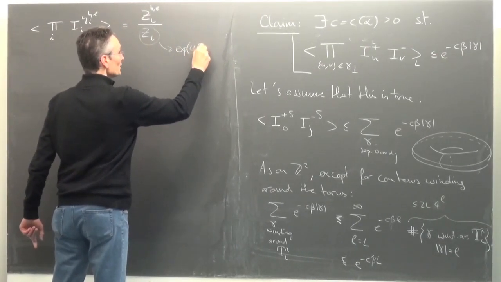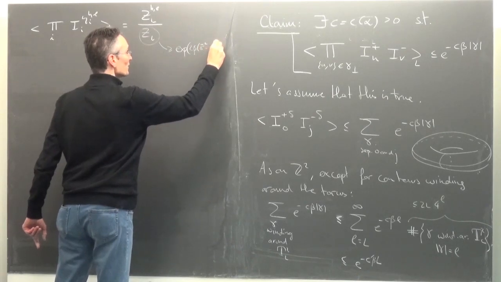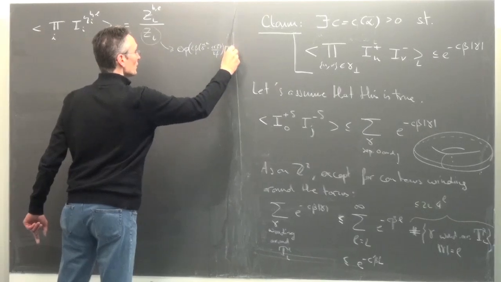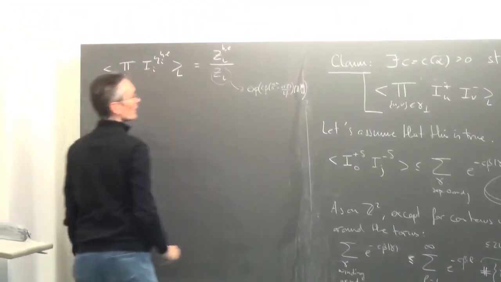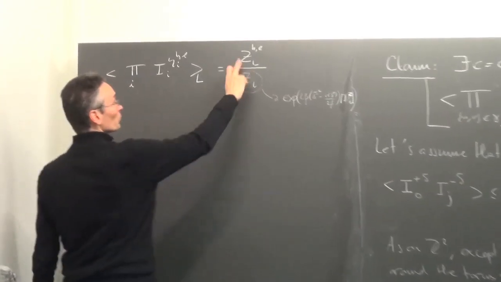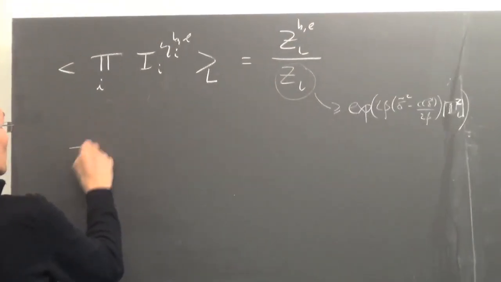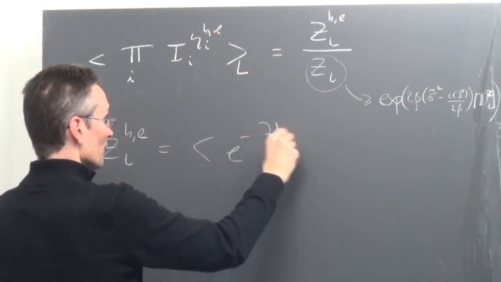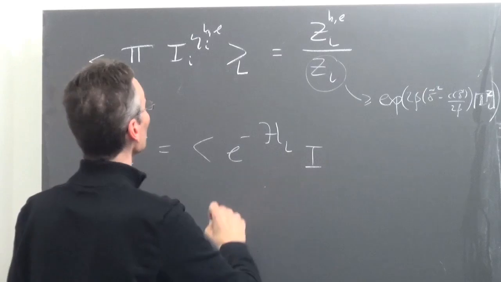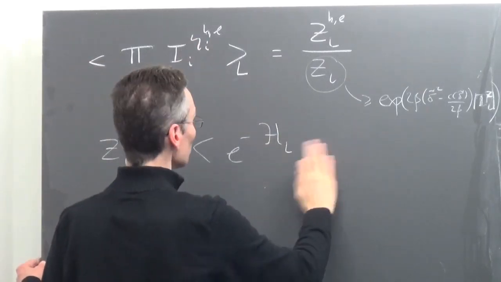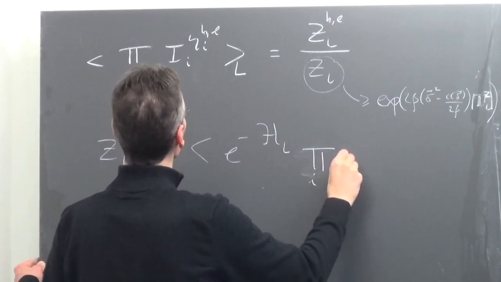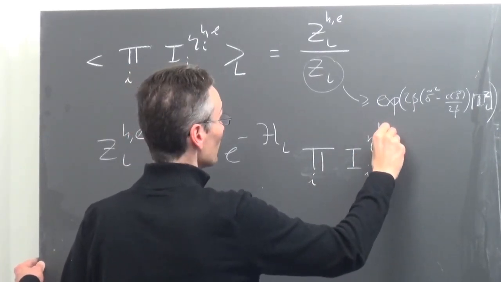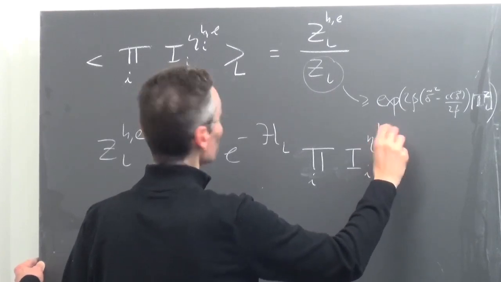2 beta delta theta squared minus C of delta theta over 2 beta, something like that, and the size of the torus. A bound of this type. Okay. So no problem for the lower bound here, but we have to upper bound this guy. Z_L^HE, and again this is just e to the minus H_L, indicator of this thing. So the product over i, what do I do?